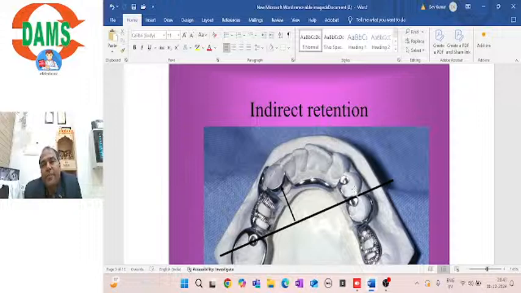Normally we engage the mesiobuccal undercut with the help of reverse circlet, but somehow if it is not given, okay, so if indirect tension,